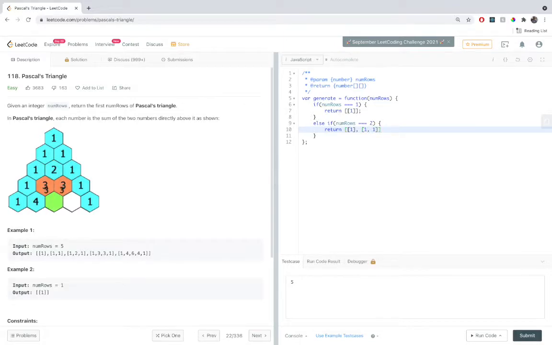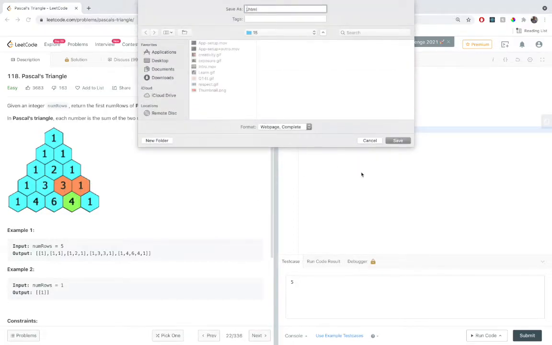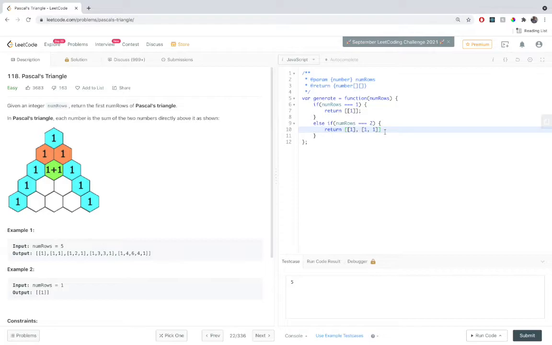Okay, cool. So our base cases are now taken care of. If the code reaches below this, then it would be a more complicated case, that is 3 or above, and we will have to do additional computation. The way we would do the computation is pretty straightforward, explained in the question itself: for all numbers that are not on the edges, we would take the numbers above them and add them.